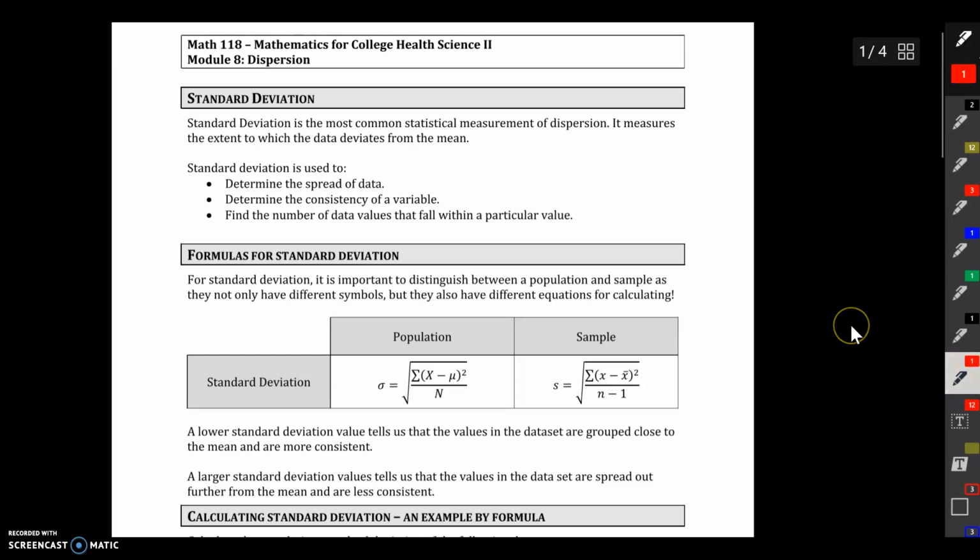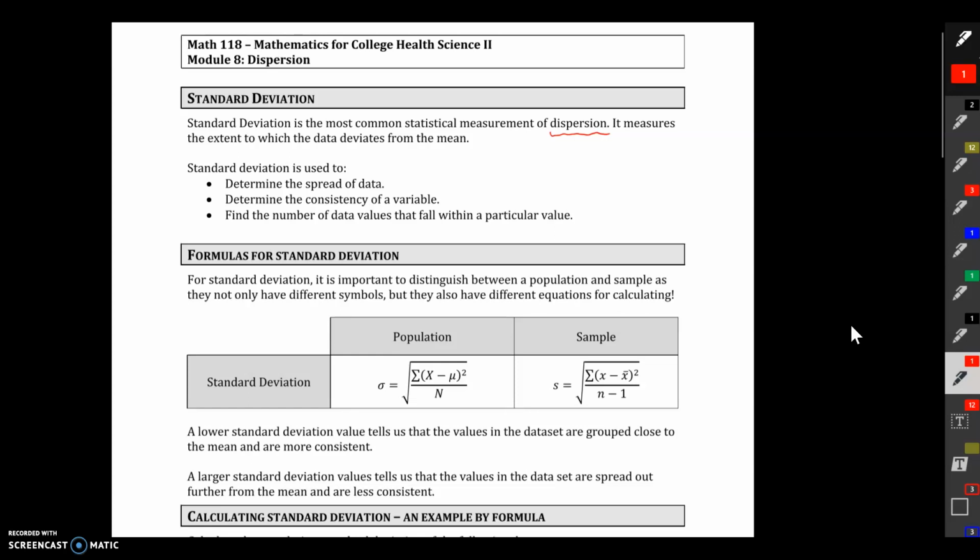This next module, Module 8 on dispersion, will introduce standard deviation, one of the most common ways of measuring how spread out or dispersed a data set is. This module is the final module in Unit 2 of Math 118 on statistics and data as well. Okay, so